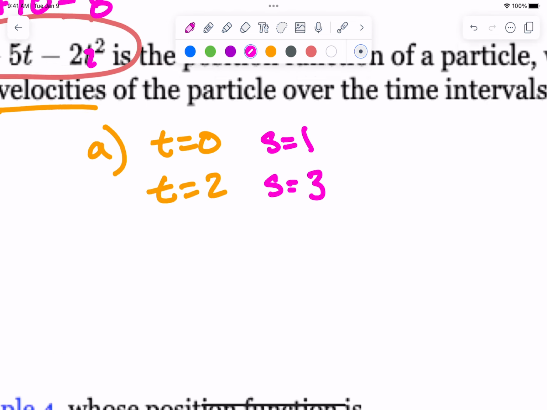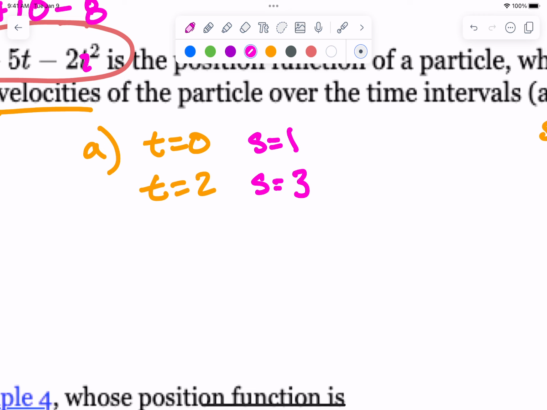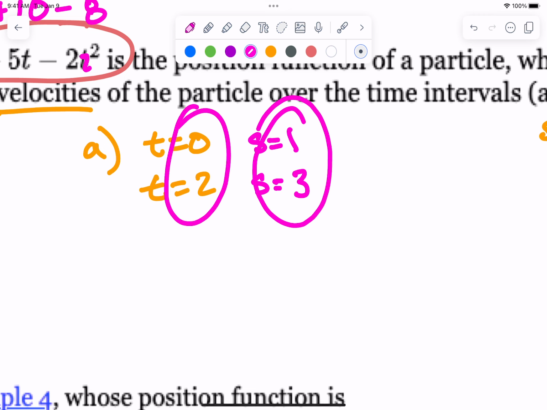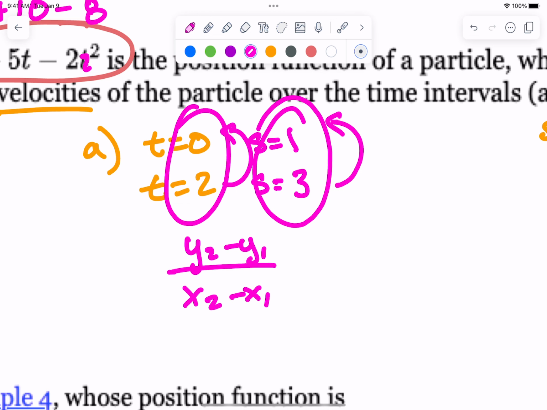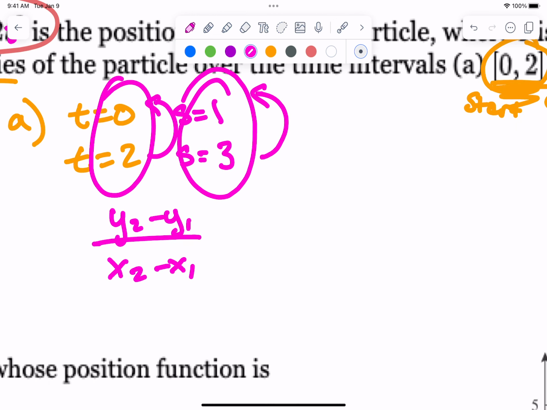I want to know the average velocity, okay? So I am covering a distance of 2 in 2 seconds. You see that? I do this guy minus this guy over this guy minus this guy, like y2 minus y1 over x2 minus x1. Which ones are the y's? The y's are the s's, the output values. Y is always the output, okay? So 3 minus 1 over